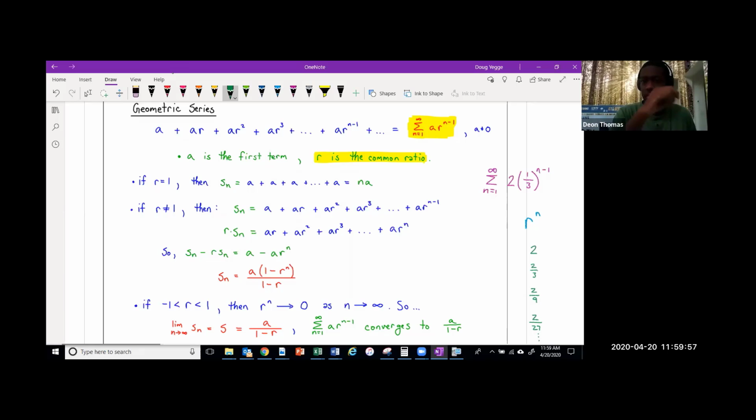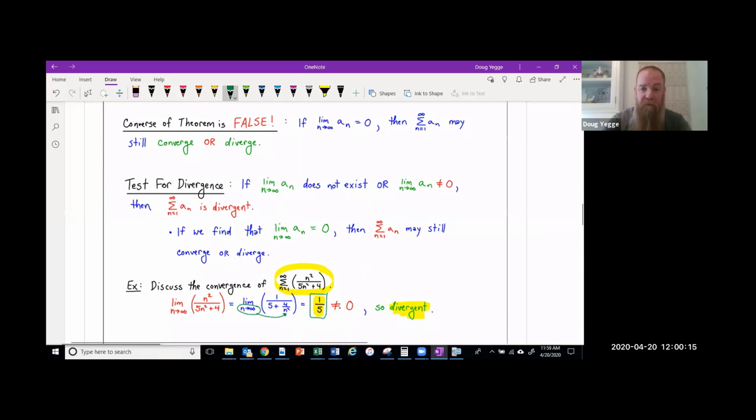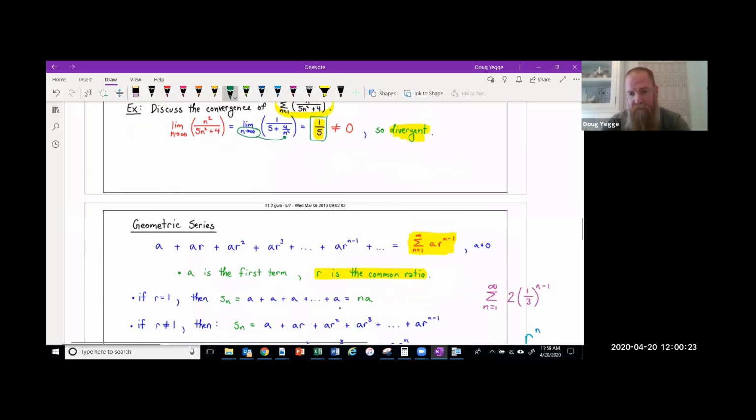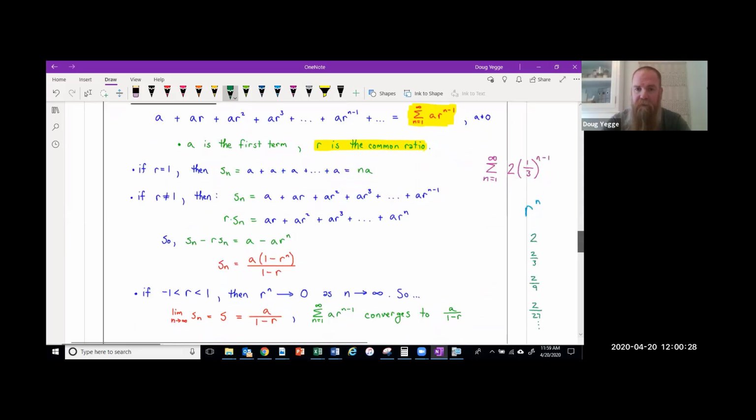Convergence tells us that it does one or the other. Just because these terms go to 0 doesn't mean we automatically know it converges. We still have to go through some other process to be able to do so. So that was what we mentioned right up top here. We said that if the sequence is non-zero, then we know it automatically diverges. But if the limit of the sequence equals 0, we still don't know whether it converges or diverges. But what we do know about geometric series is that it actually always does converge in